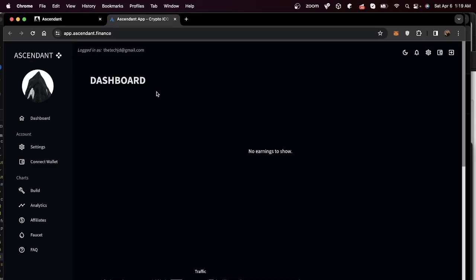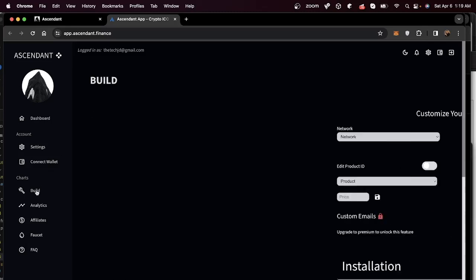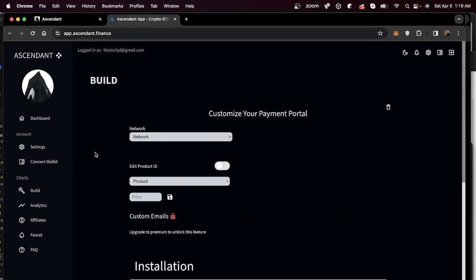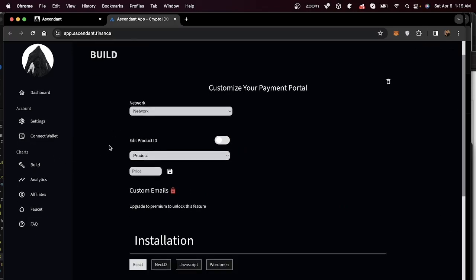This is how to build a payment processor as a non-premium user. You go to build, and here you'll notice that there are a couple options available to you, but not all the options, as you